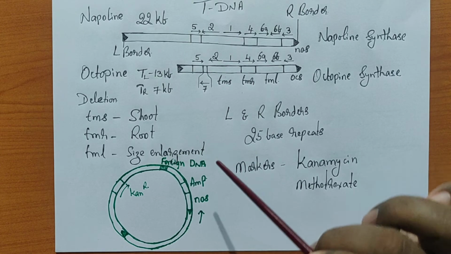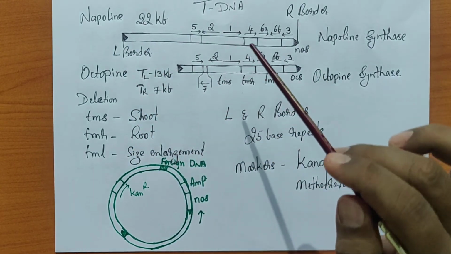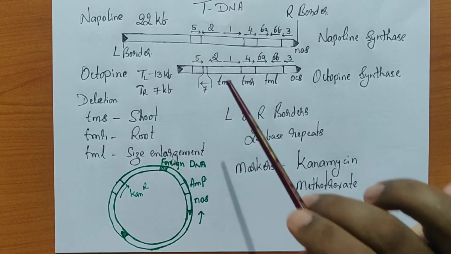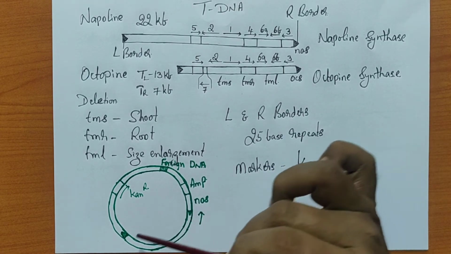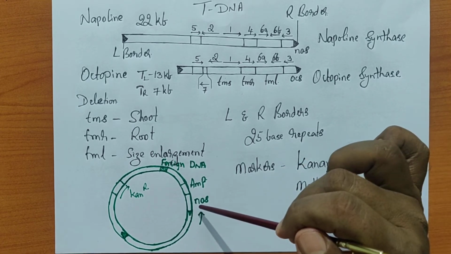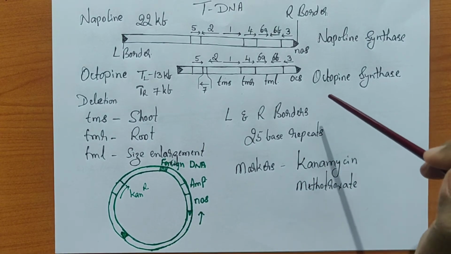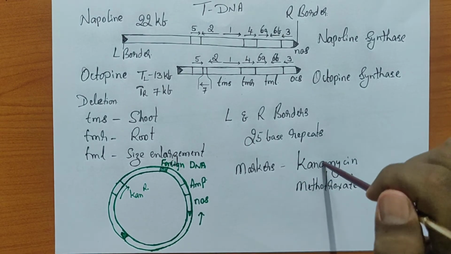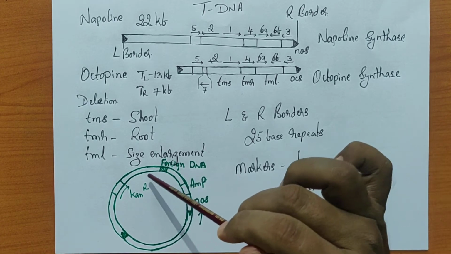So a typical plant vector does not contain all these transcripts. For the identification, it is a pBR322 vector. To this pBR322 vector, we convert it into a plant vector by incorporating the border sequence so that it will be easily integrated. Within this border sequence, we are going to have the NOS, that is the nopaline synthase, so that we can identify the production of nopaline. Apart from that, we also have another resistant gene, usually the kanamycin resistant gene. So now this is a region in which a foreign DNA can be introduced.